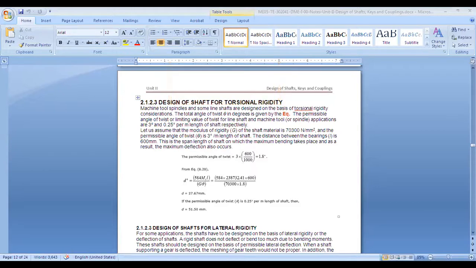So I will take a numerical on torsional rigidity basis, right? In that, we'll see how we will calculate. It is a continuation of a previous numerical we have taken. So I will basically use the same thing. It's a 5 minute extended numerical, where we will do the second part of the design, that is design based on the torsional rigidity. Okay. So let me just open that. Where is my numerical? Let me open that numerical for you, and I will share the screen with you. Let me first stop sharing this screen.